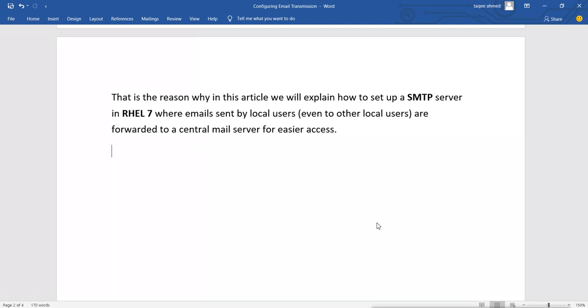For the mail transfer, what do we need in our RHEL, in our Linux, to make this email transmission work? First thing we need is the MTA. What is MTA? It is the mail transfer agent.